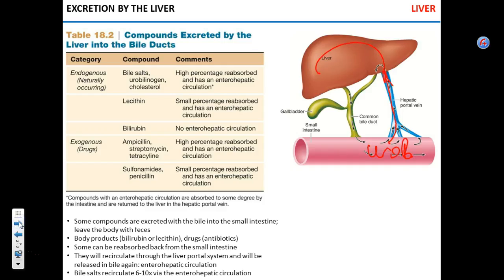Now, so what is excreted? I don't really care about the drugs. You don't have to memorize that, say, ampicillin is excreted and penicillin is not. It's not the purpose. What I want you to understand is the excretion of endogenous chemicals, bile salts,